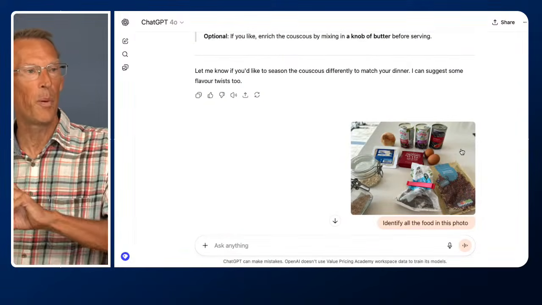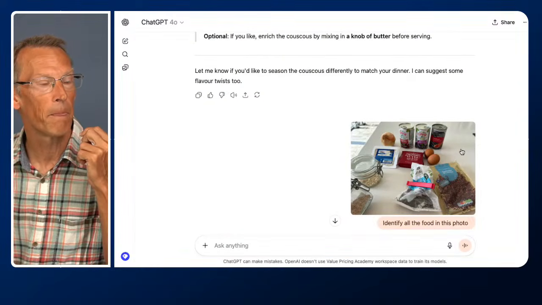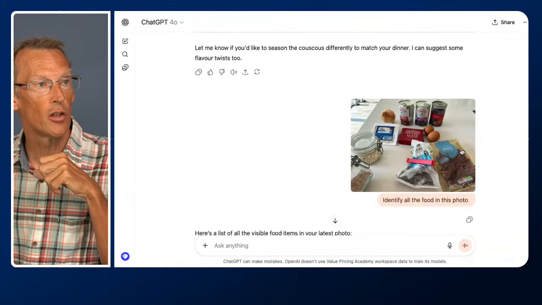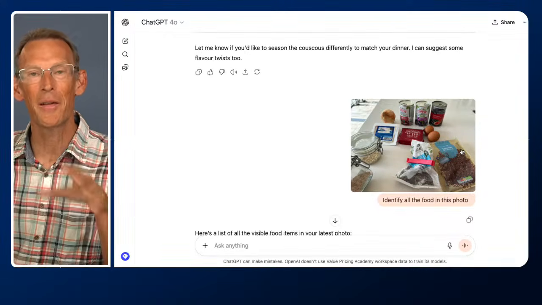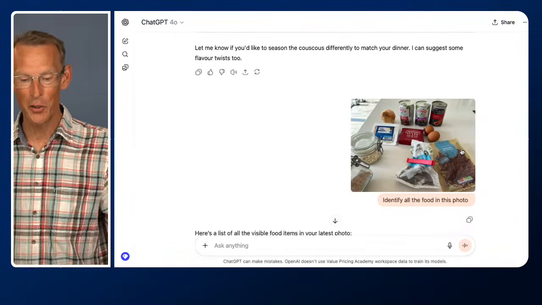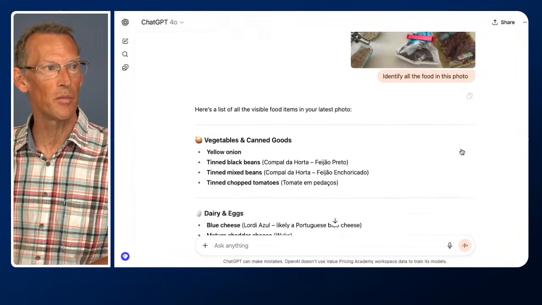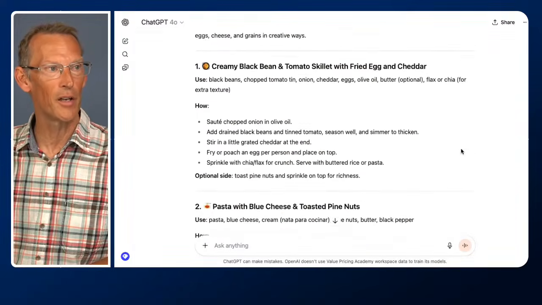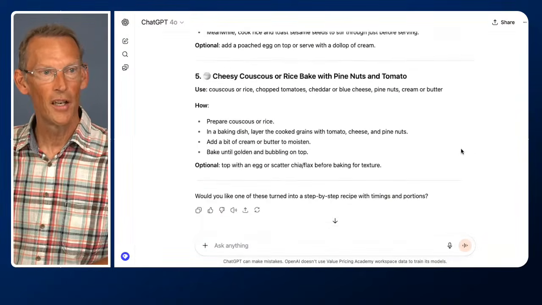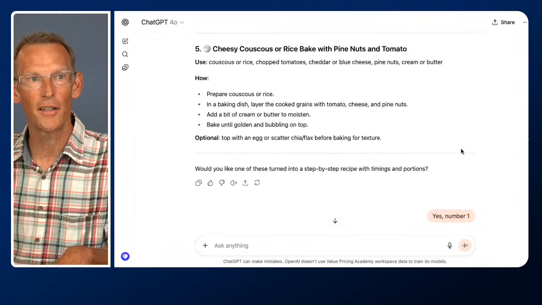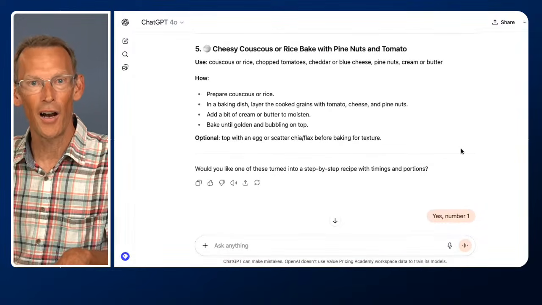And then when I got back from the UK, I decided to do the process again. I took a photograph of what was in the fridge, because we didn't have any food. We were down to the very basics now. When we got back from the UK, we'd not been shopping, so I took some stuff out of the fridge and said, identify the stuff there and give me a whole bunch of recipes. So that's a fun use case, but really practical. Take a photograph of your fridge and ask it to come up with meal ideas.